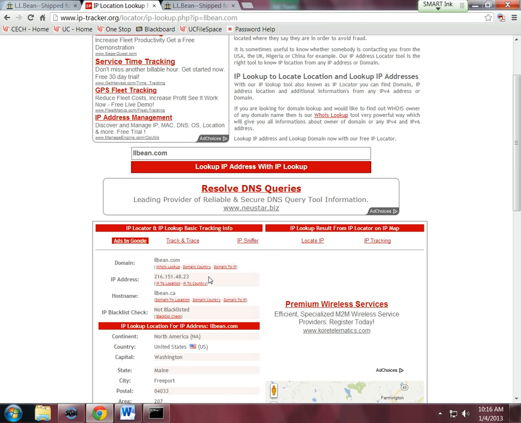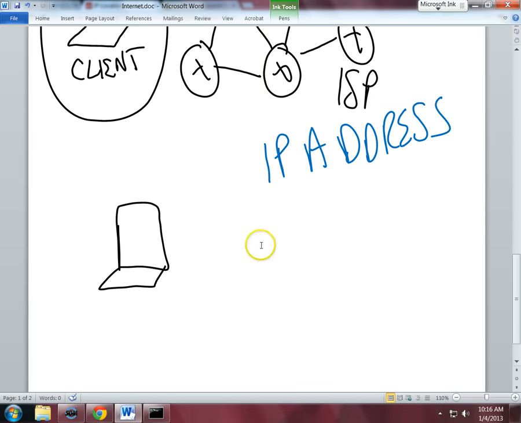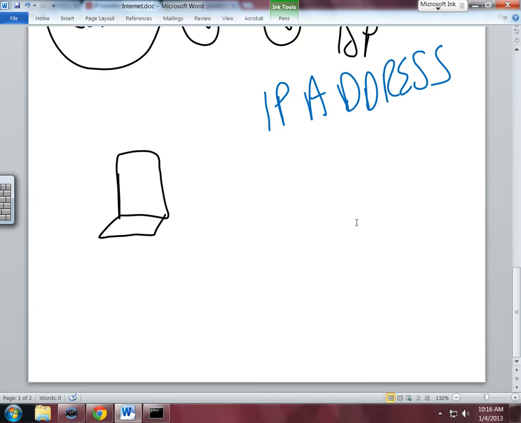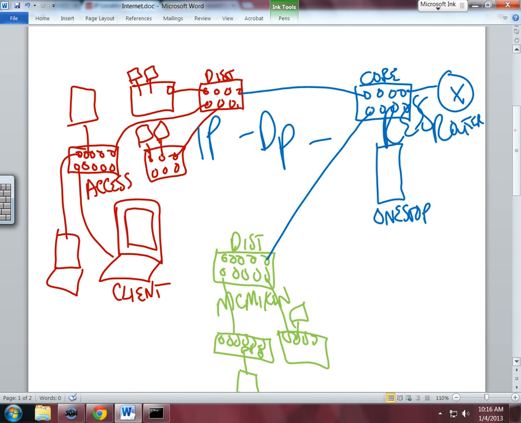And how we do that is we have within our networks what's called a DNS server. Here, off of my core probably, I have a DNS server at UC. What's happening is my client computer, to find out how to get to www.llbean.com, doesn't know that internally. The computer wants an IP address to access. So when I plug in that I want to go to